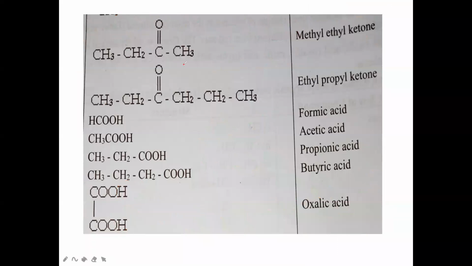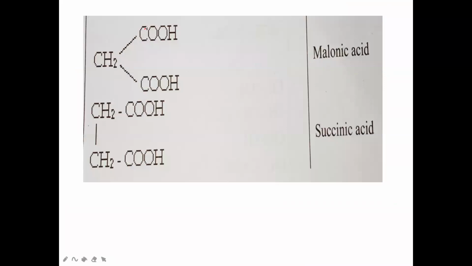Yeah. So now the next one. Now check another example here. How many carbons total are in the parent chain? Check it. Totally there are 3 carbon atoms. 3 carbon atoms in the chain indicates what now? Prop. Between the carbon atoms, only single bonds are there. So we have to say ANE. Why? How many times is the COOH group repeated? 2 times. So when COOH is repeated 2 times, we have to say ANE.